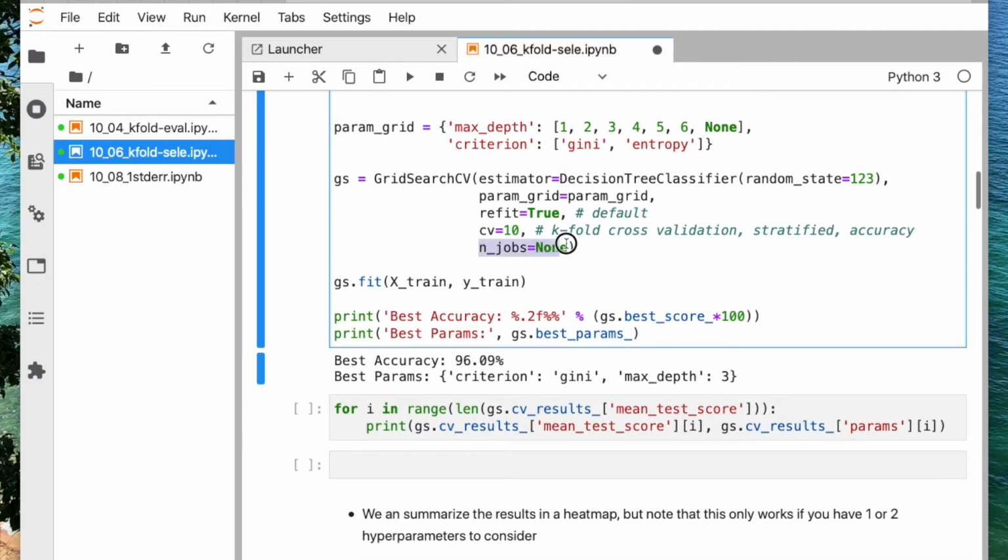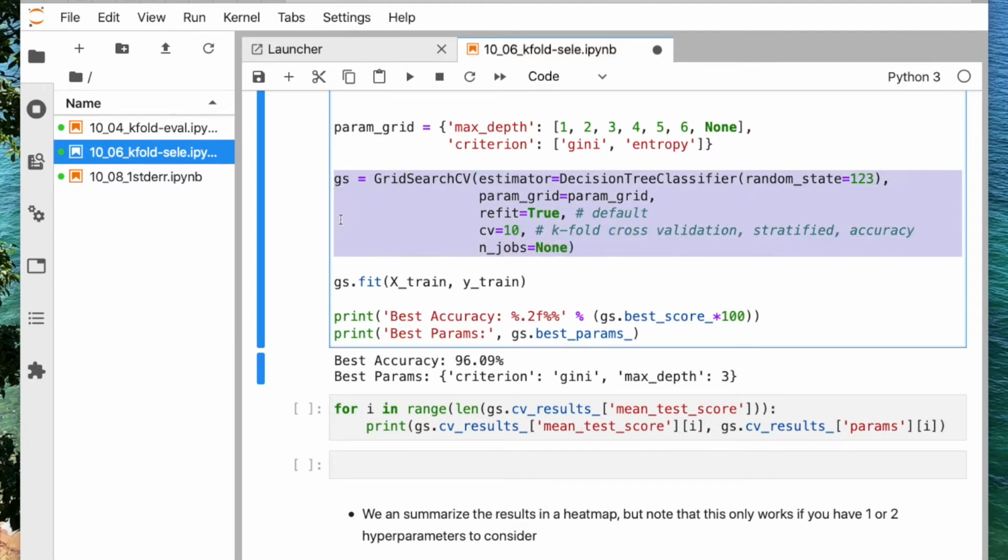You can also set n_jobs, for running this in parallel. Like I mentioned several times before, it can be problematic on certain Windows computers, not on all Windows computers, but at least on some, to use multiprocessing in Python. There's some weird bug in some versions of Python. I don't know the details. If you're on a Mac or Linux computer, this should almost never cause any problems. So you can set it to -1 to run multiple evaluations in parallel. But if you have problems with that, you can set it to None.